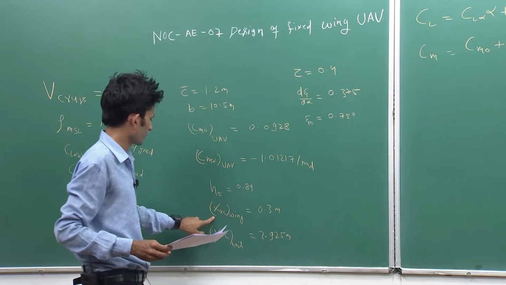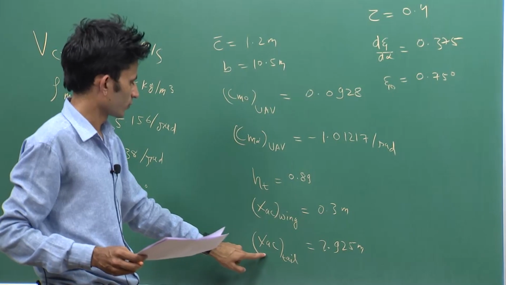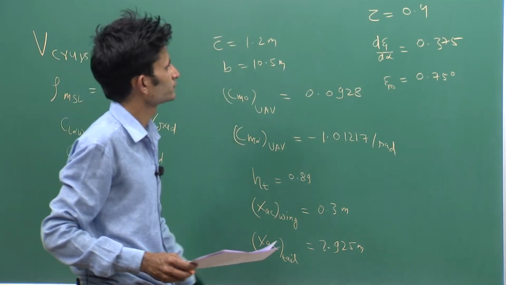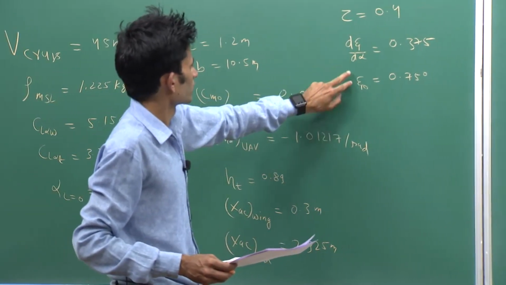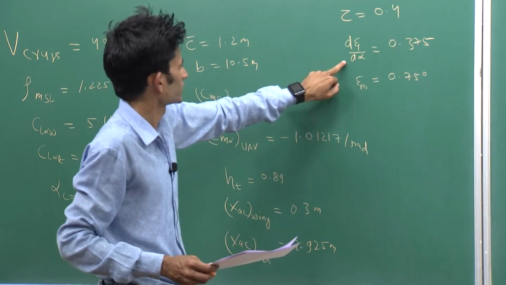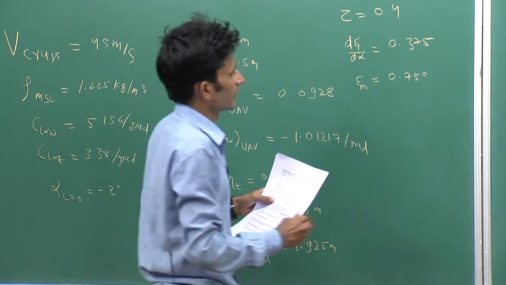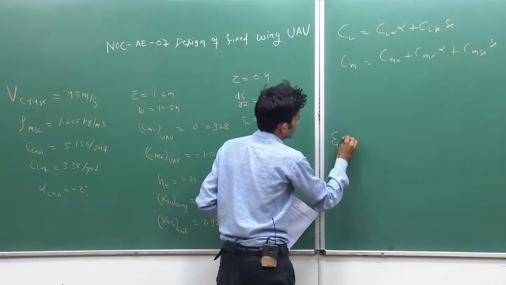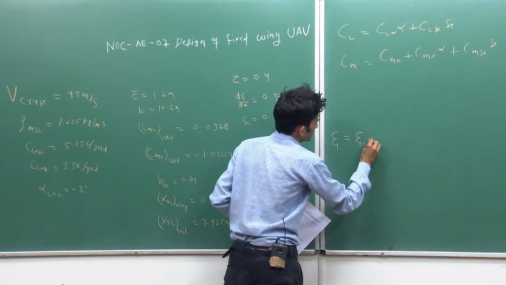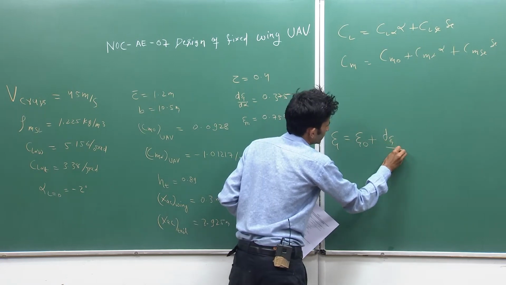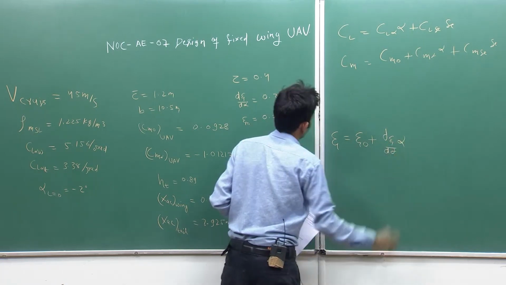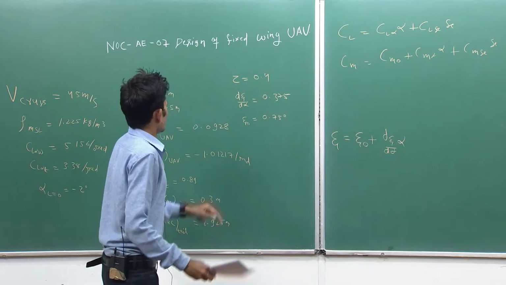XAC, location of aerodynamic center of wing, location of aerodynamic center of tail. This is downwash angle, dou epsilon by dou alpha. If you expand using Taylor series, downwash angle epsilon equals downwash angle at 0 angle of attack plus dou epsilon by dou alpha into alpha, and